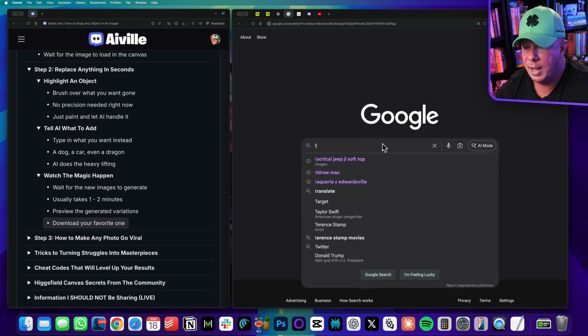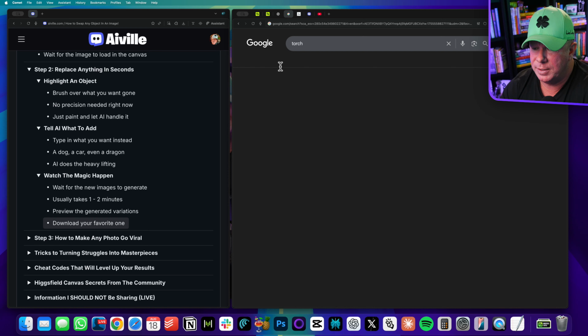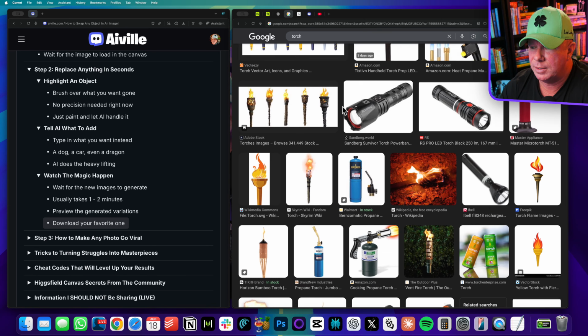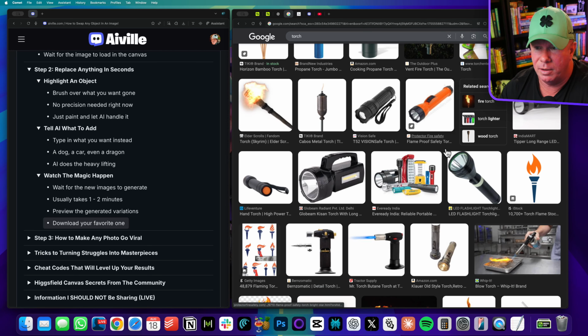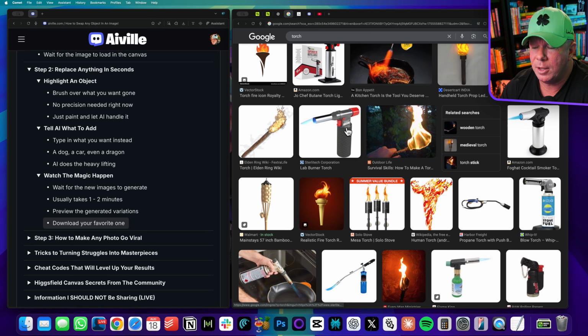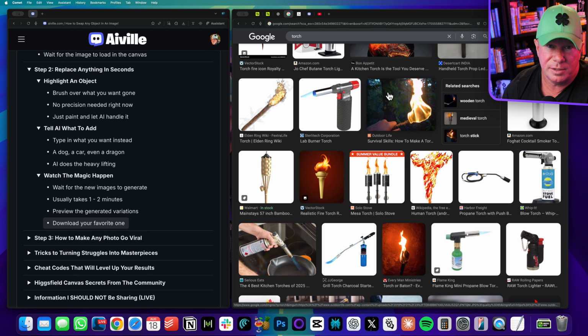So then I could type in torch, and look at images, and find something that looks kind of fun to put in my hand instead of the microphone. Then you can just find an image that you like and drag and drop the image directly from Google Images to your computer. It's going to look very photorealistic because it's an actual image of something.